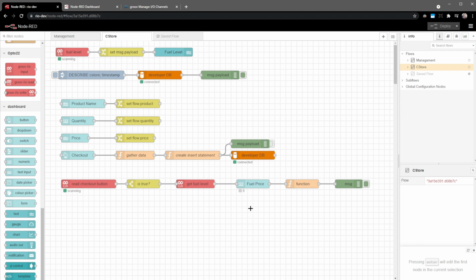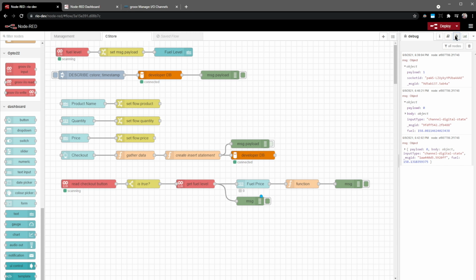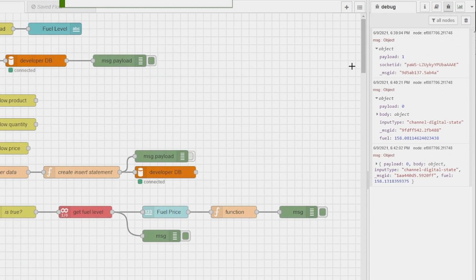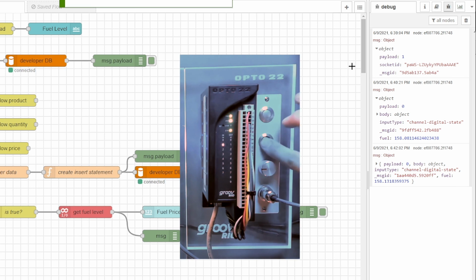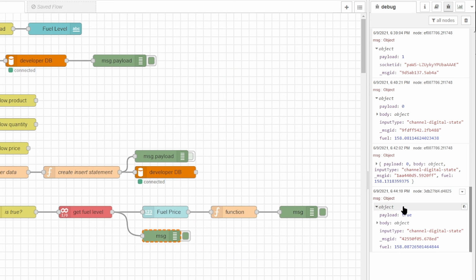So what are we carrying with us when we enter fuel price? Let's check that out by making a copy of a debug node and wiring that into this part of the flow. I'll switch over to my debug pane and click deploy. So we can see now when I press the button and release it, we've got a payload of true coming out. So we have a payload of the Boolean true that does include our fuel level, but that's going into this